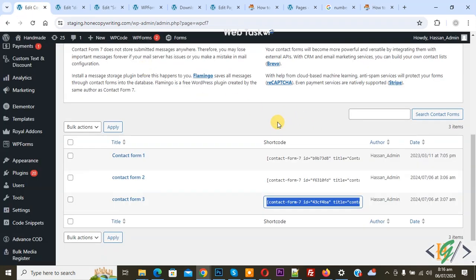Bismillahirrahmanirrahim. Assalamualaikum. My name is Hassan and today we are going to display contact form 7 from drop-down list in